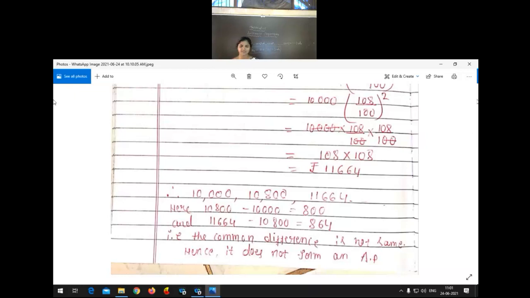I think the remaining exercise is very simple. Just go through the solution that you have in your WhatsApp group, no? Just copy that solution in your fair notebook. If you are having any confusion, you can ask personally. If you have 1 or 2 problems, you can ask anytime, you can call, okay? I'm not going to discuss all the problems in the class. Now we are moving to our next topic.